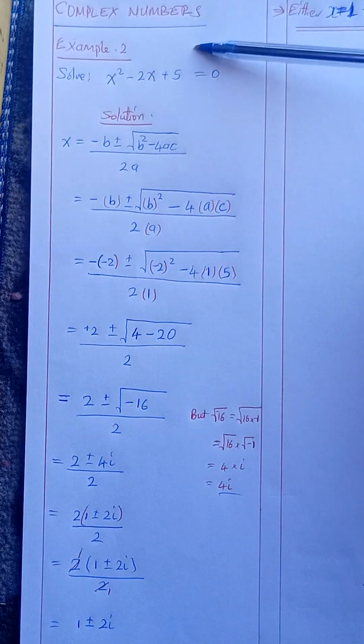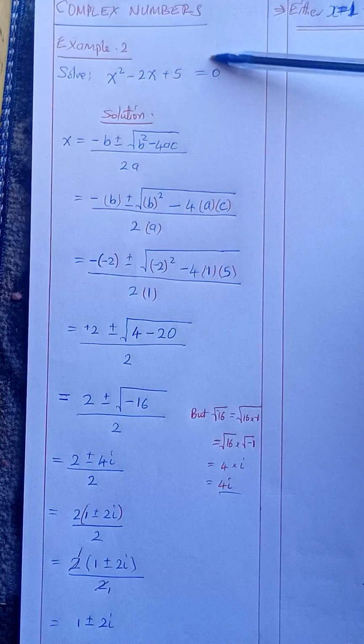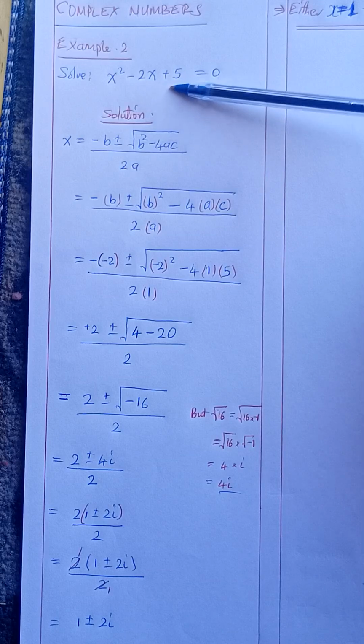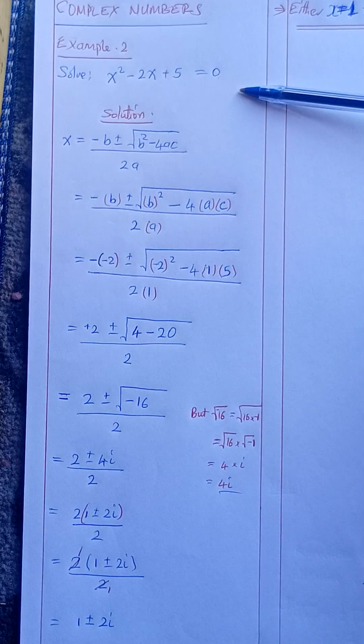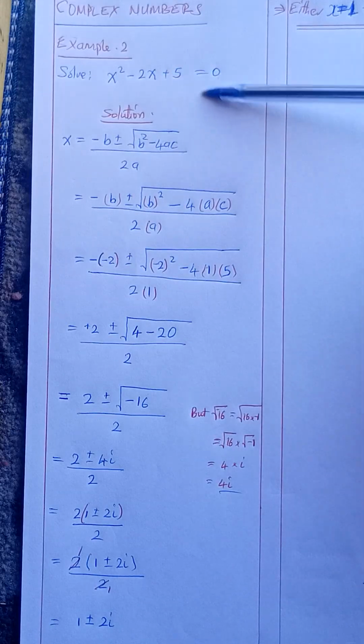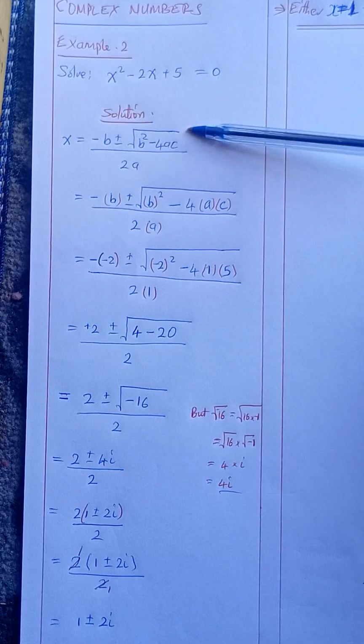So, still under complex numbers, our example 2, how to deal with complex numbers. Example 2, we are saying solve x squared minus 2x plus 5 is equal to 0. So this quadratic equation, we are to solve for the value of x. So here we are going to apply the